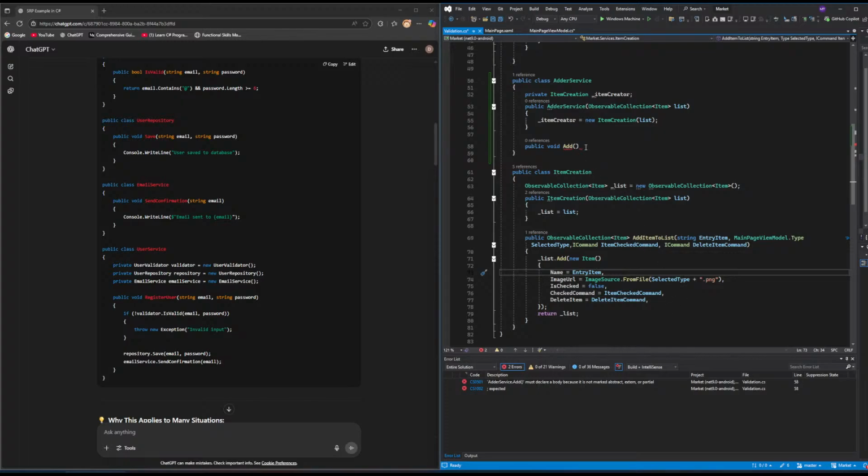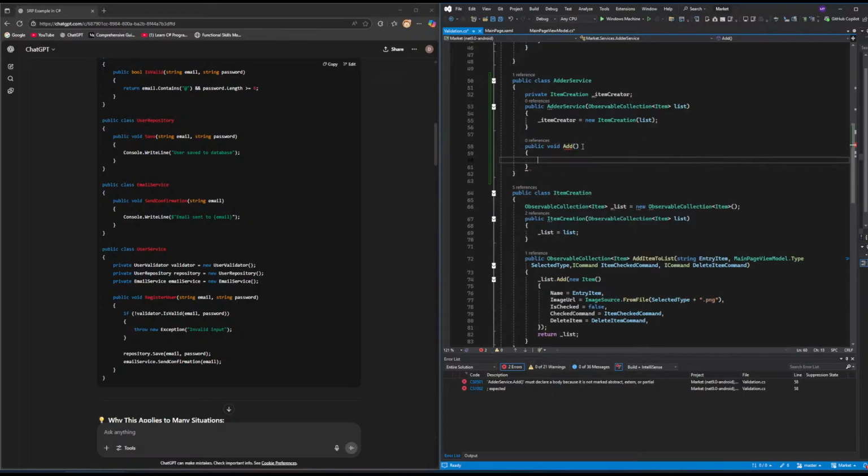That's what confuses me. But in here I will call it differently. I don't think I need to. Whatever. Let's do this, and then we do item creator,